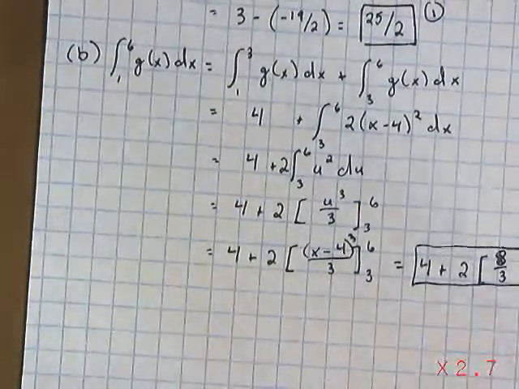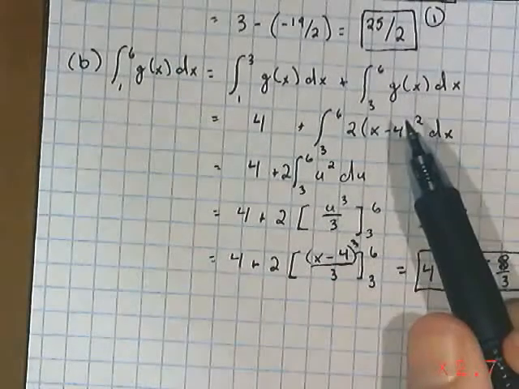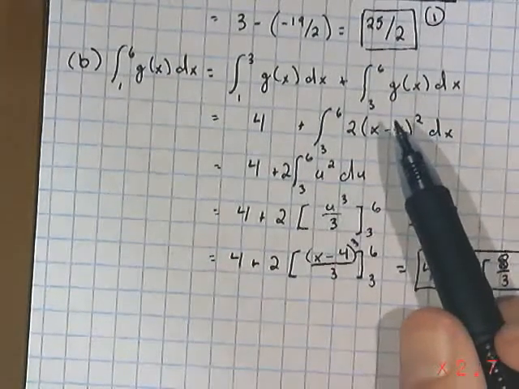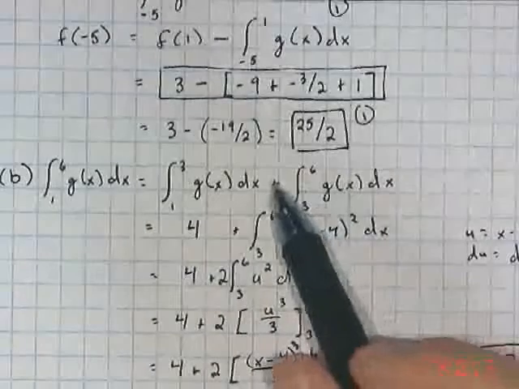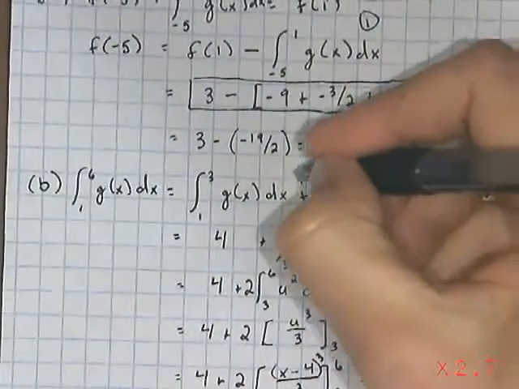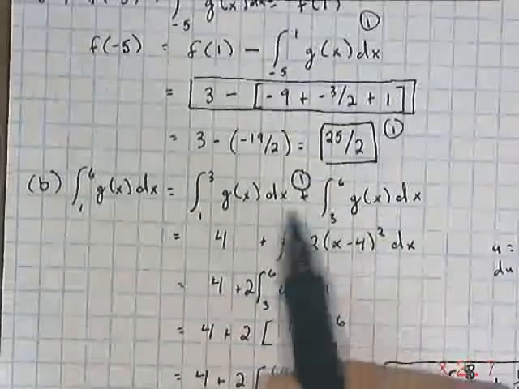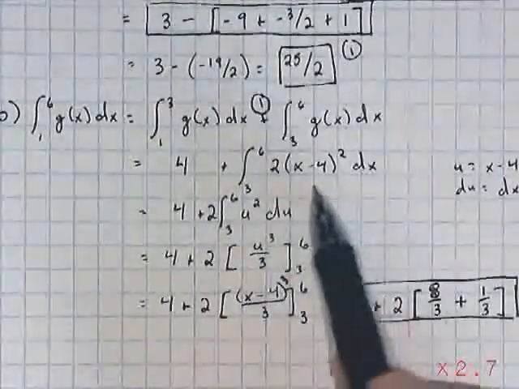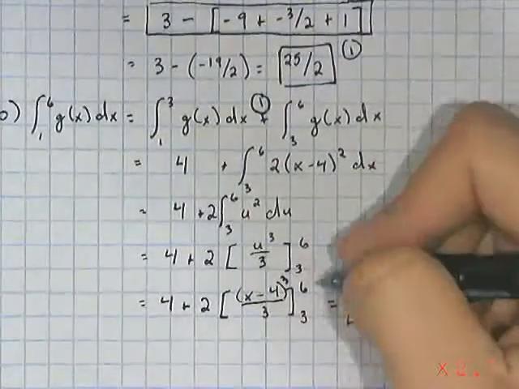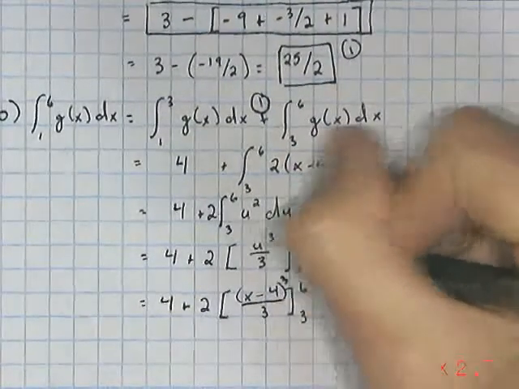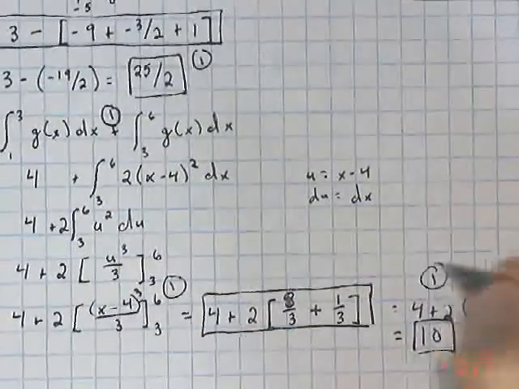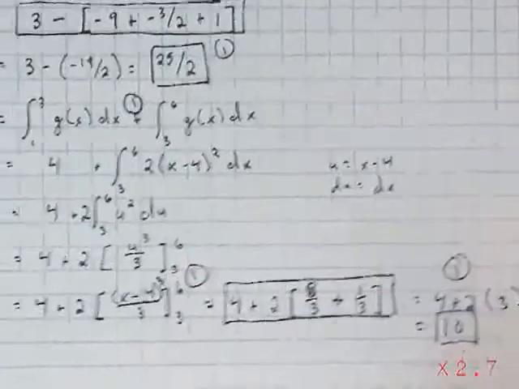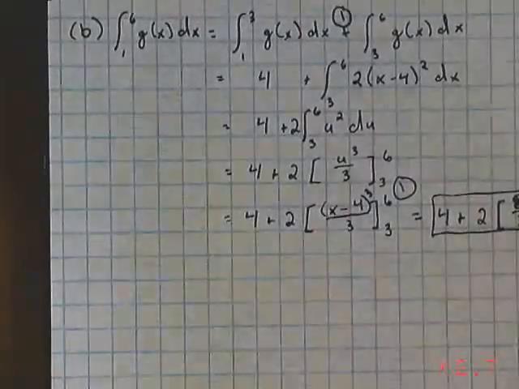You got a point for, let me put this up, you got a point for splitting the integral. Okay, so for recognizing that this would be best approached by splitting into 2. You got a point for finding the correct antiderivative of this part. You got a point for down here. And then you got a point for the correct answer, either here or here. Those 3 points. Okay, so we're 5 points in. 2 parts to go. Okay, so part C